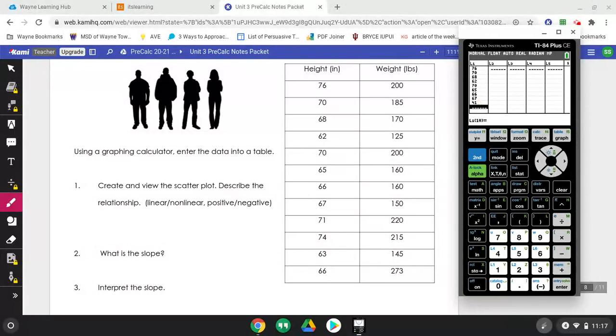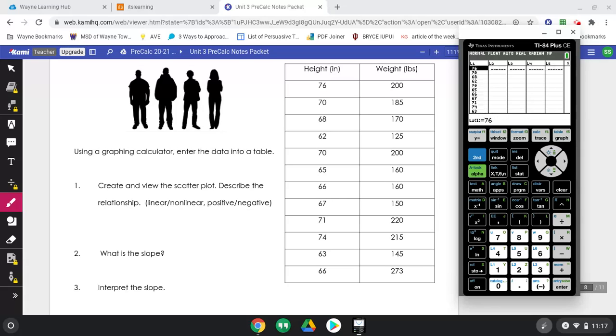Notice the 41. I can scroll up and then just hit enter and scroll here and then re-enter it. And just type it in as 71 instead. You can always edit it if you need to. 74, 63, and 66. And then just take a quick look at it, make sure your numbers are correct. And if not, you can always scroll back up to the one that you're missing